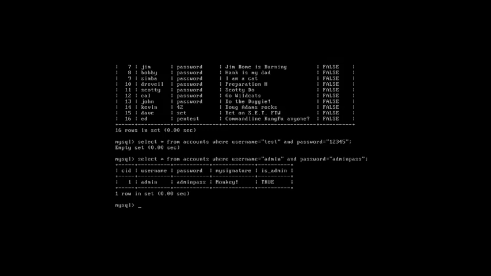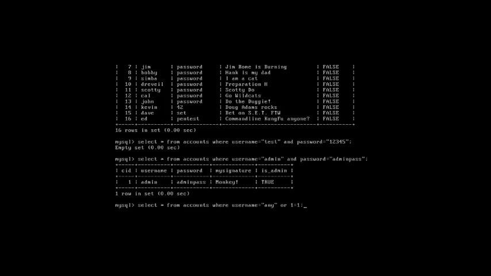Suppose we use the command select star from the table accounts where username is equal to any, since I think there is no such username, and use OR operation 1 equals to 1.